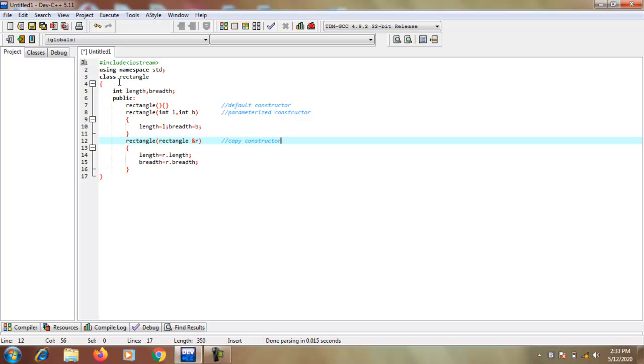That means in one class I declare three types of constructor.